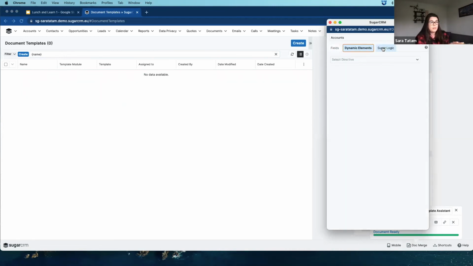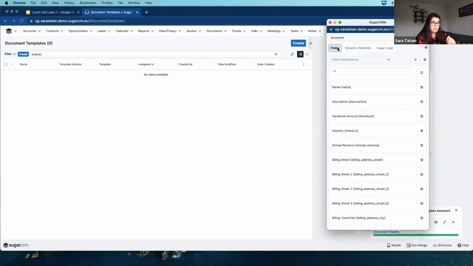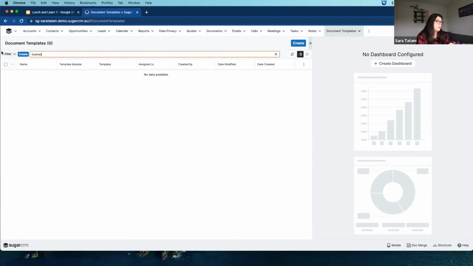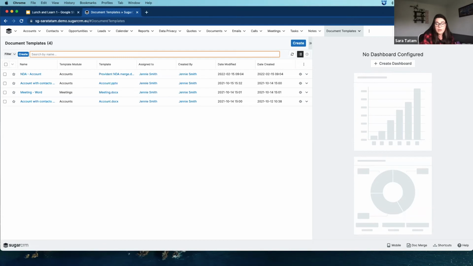You've got dynamic elements and Sugar logic to also play with there as well. So template builder, doc merge into Excel, PowerPoint, Word, and PDF. Across any module and information from related modules. Okay, and the formats come out really nice with doc merge as well. Okay, so now we're going to move on to